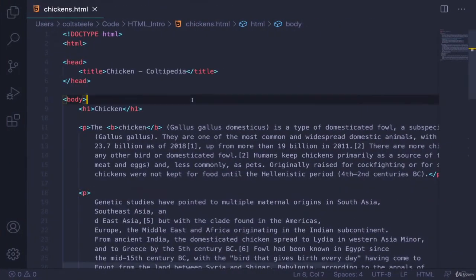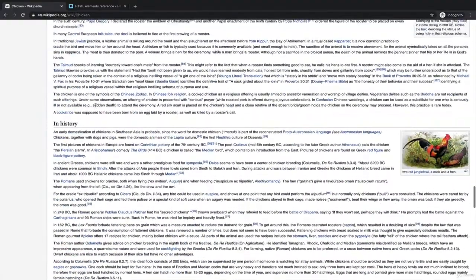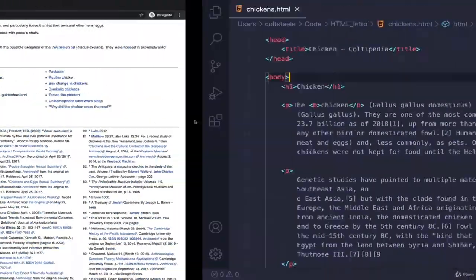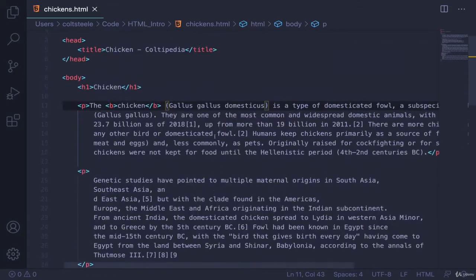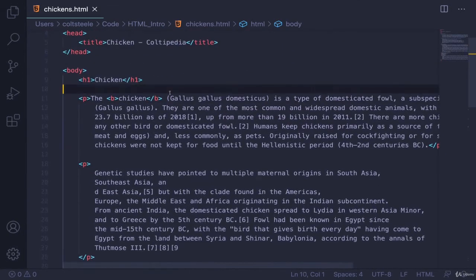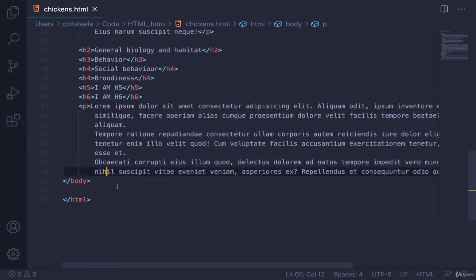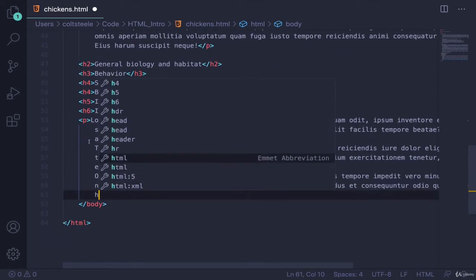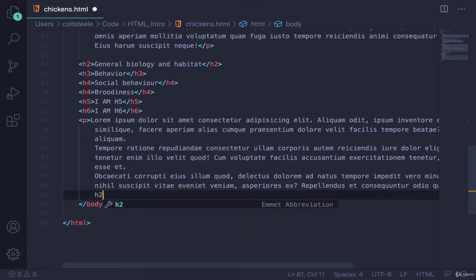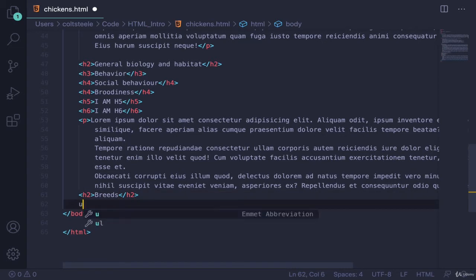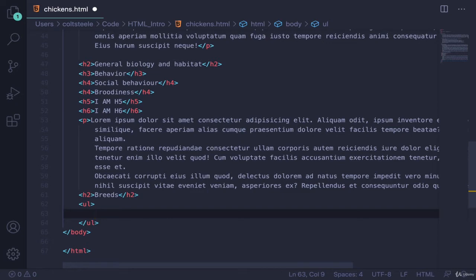So let me show you how it works. Let's make our own simple list. What should we do for chickens? We're going to make up our own list for different breeds of chickens. So let's see, why don't we do maybe down here after that paragraph? Sure, right about here. Let's add in, what do we want? I think this will be an H3 maybe, or maybe an H2, breeds. Okay, and then below that I'll add in a UL, which is an unordered list, and it consists only of